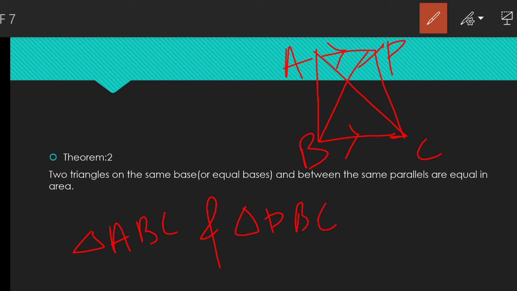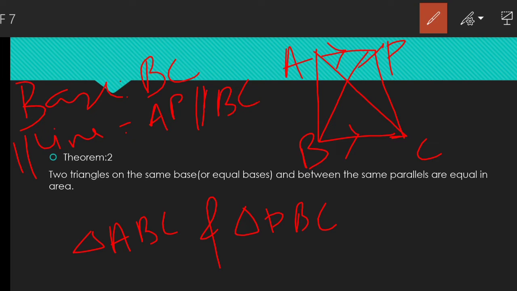These are two triangles having the same base. The same base is BC and the same parallel lines are AP parallel to BC. These lines are given, and the two triangles are of the same area if they lie between the same parallel lines and